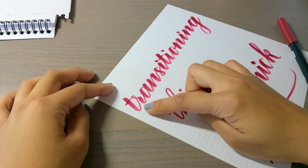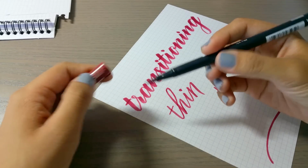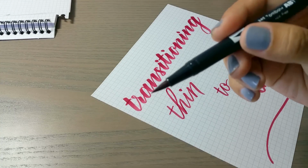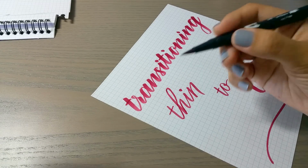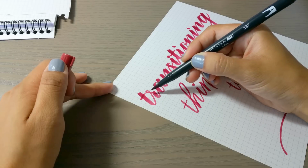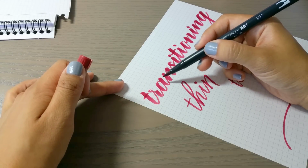So here is something I wrote with the brush pen, which I talk about in other videos, but real quick, I love to use the Tombow dual brush pen, and I use the thicker side for writing. Basically you see thick lines here, and then I transition to a thin, almost a hairline, and then back to thick again. And that's really what defines calligraphy, that thick to thin